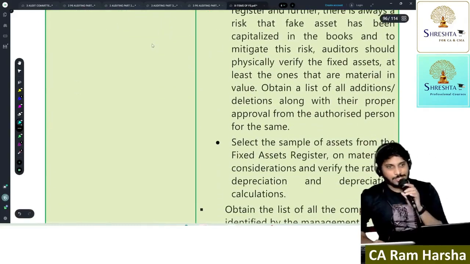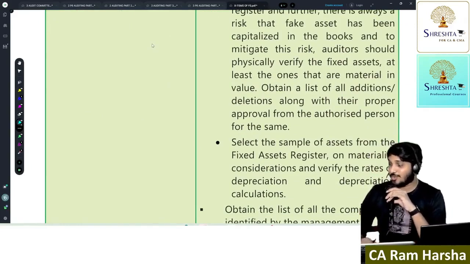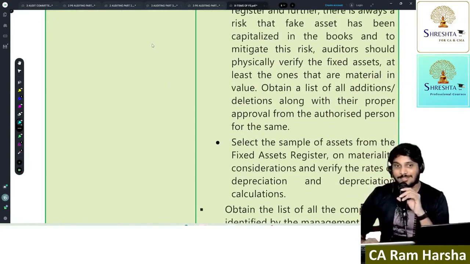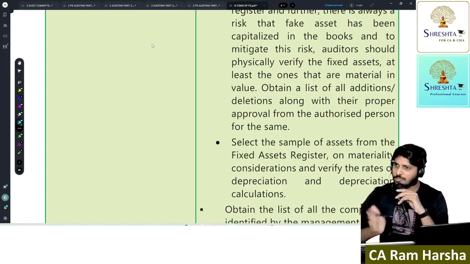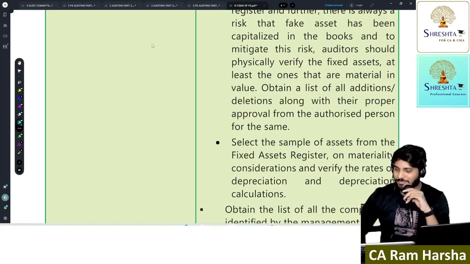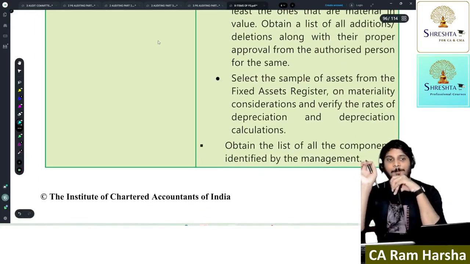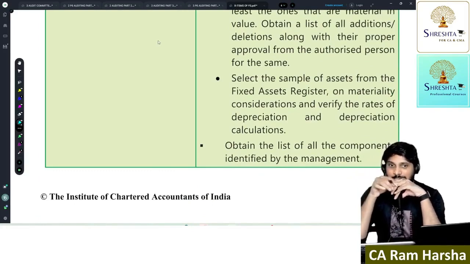You didn't imagine this much is there in items of financials. Which books are you following? Okay, then you are following the ICAI book. How come you can't imagine this much? In law, each and every word you study, right?